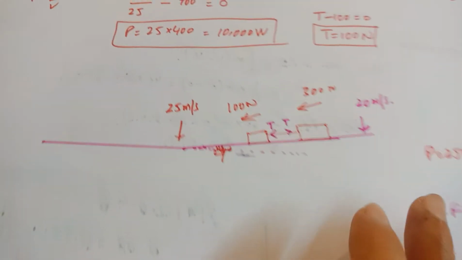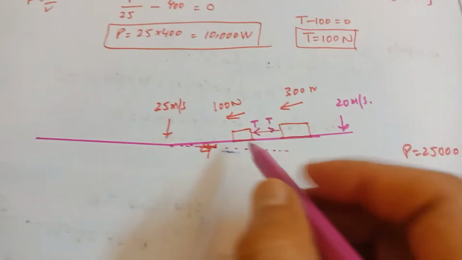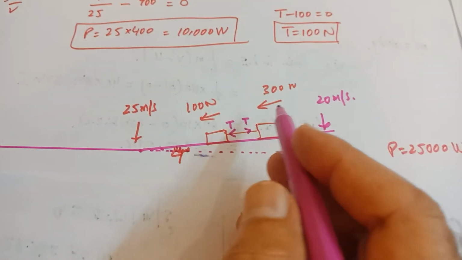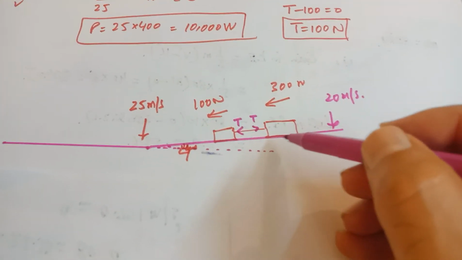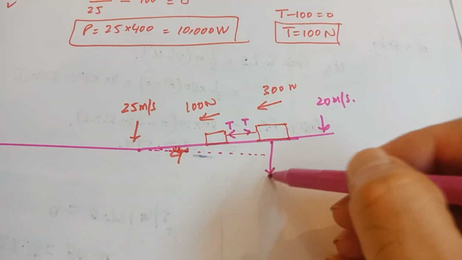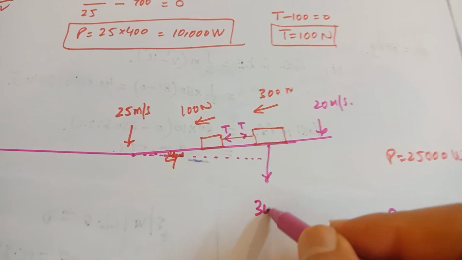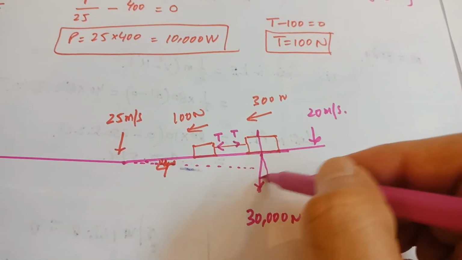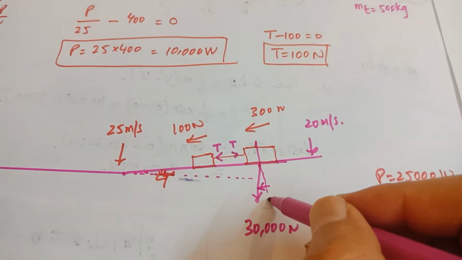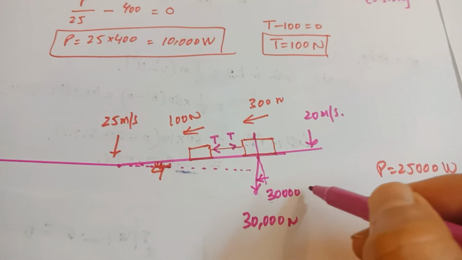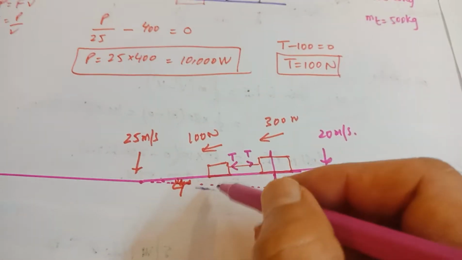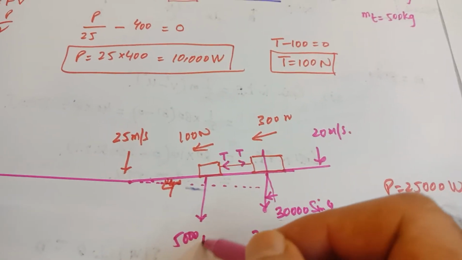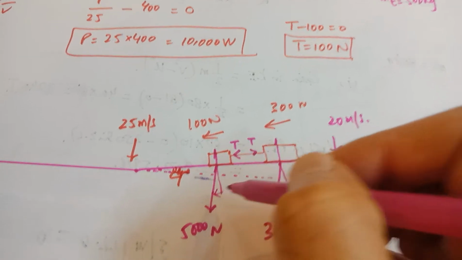Now the work energy power part is over, and this is a question on F equal to ma, the frictional force and all the laws of Newton. I'll be showing the weight downward over here. Its weight is 30,000, and I have to resolve this so that I can find how much is the weight acting downwards. So the component of the weight is going to be 30,000 sine 4, and here the weight is 5,000 newtons, and this component of the weight is going to be